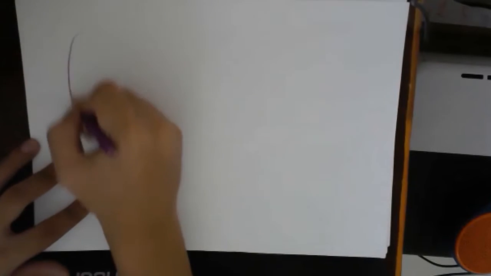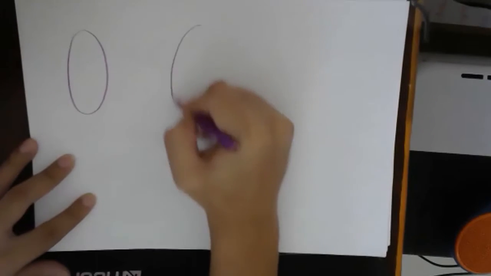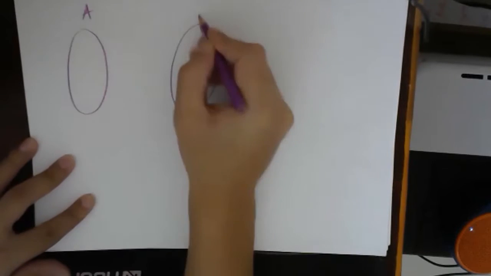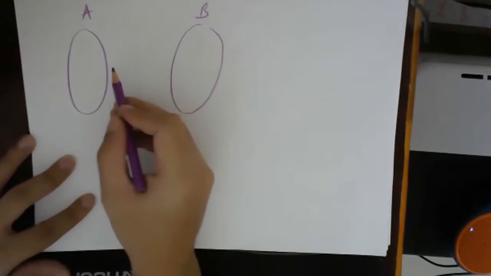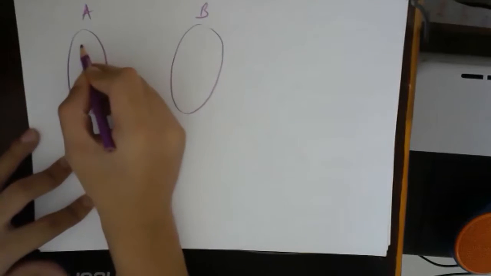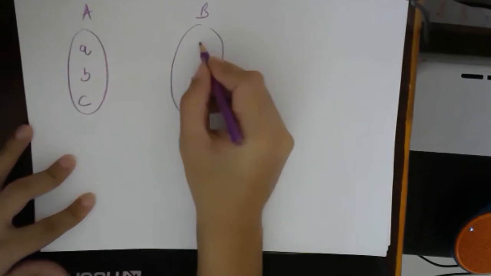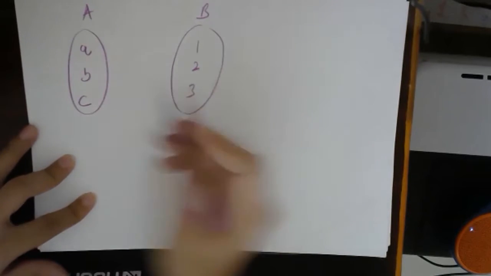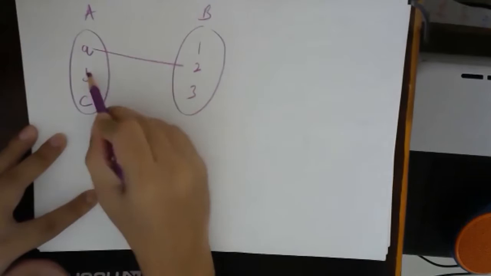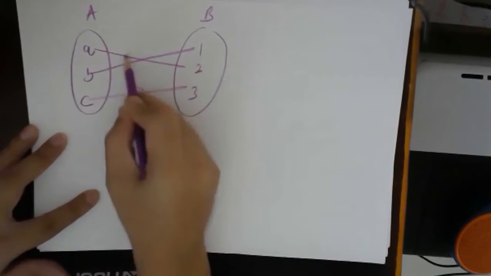Relations, basically, between two sets. I'll recap a little bit of what we did in the last class, because it has been so many days. We have seen that the relation is between two sets, from set A to set B. Suppose set A has elements a, b, and c, and set B has 1, 2, and 3. Suppose these are the links.